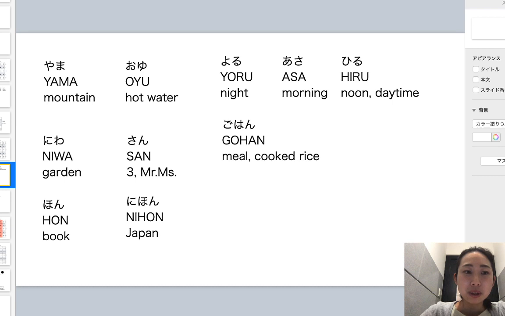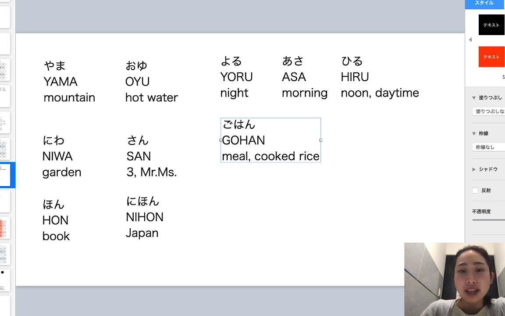When we talked about gohan last time, do you remember? Gohan is meal or cooked rice, and we can put it together with a word of time, like yoru, night, asa, morning, hiru, noon, so that you can express dinner, breakfast, and lunch. So when you look at gohan closely,